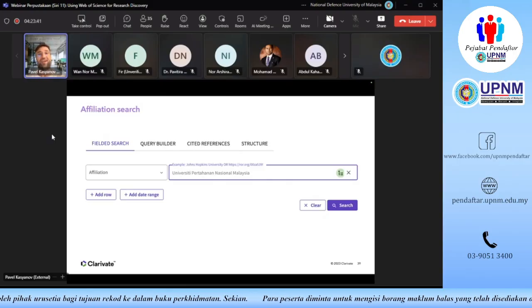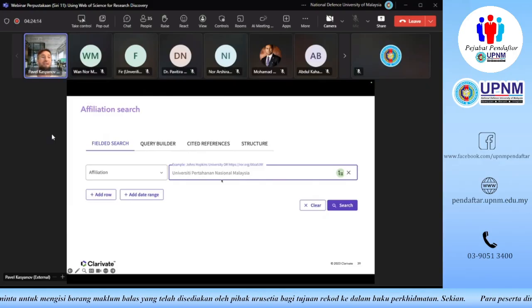That gives us so many different name variants for a given university that approximately 15 years ago, we started to unify them into one affiliation. You can still search Web of Science for the non-unified name variants, but we've already done 99.9% of the job for you, and we already linked a lot of different name variants for UPNM to your unique affiliation name. So this is what your affiliation name looks like on Web of Science.